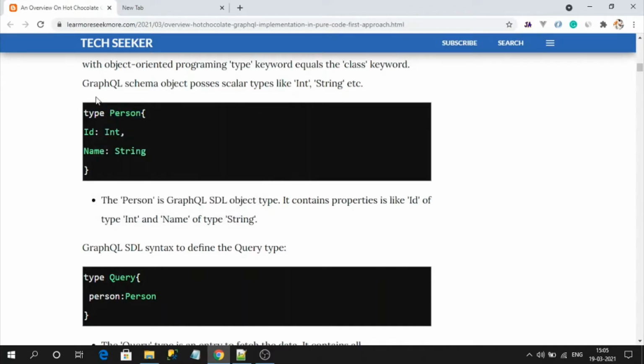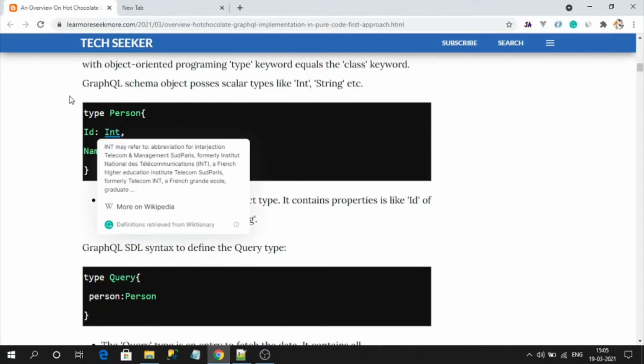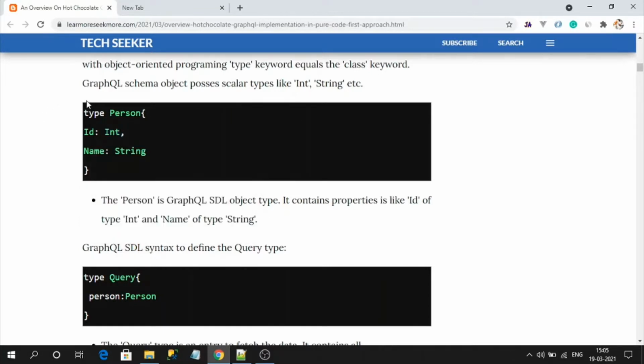Similar to a class, a GraphQL type also has properties, and GraphQL has its own types. This is not any C# type. These are GraphQL schema scalar types like Int. So this is one object in GraphQL, and compared with object-oriented programming, it is like a class.